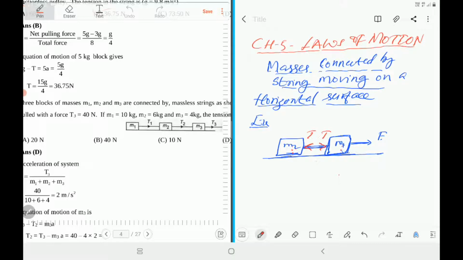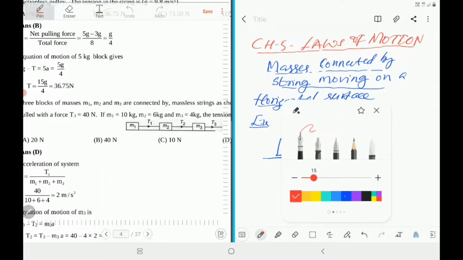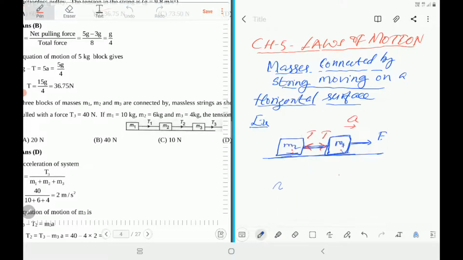Now, how do you find the acceleration of the system? Here also, both the masses move with the same acceleration. They move together. They are connected to each other. That's why they move together. So, how do you find acceleration? According to Newton's second law, again you use the second law. What is the second law? Net force F, total force on the system. Tension is an internal force. Force exerted by M1 is equal to force exerted by M2. Action, reaction. They do not produce any external effect.